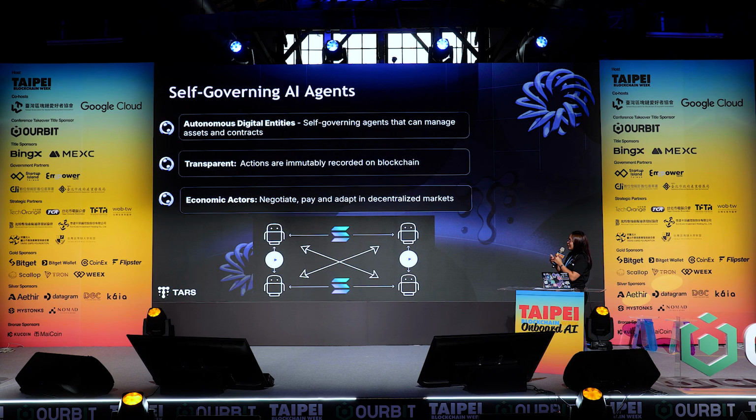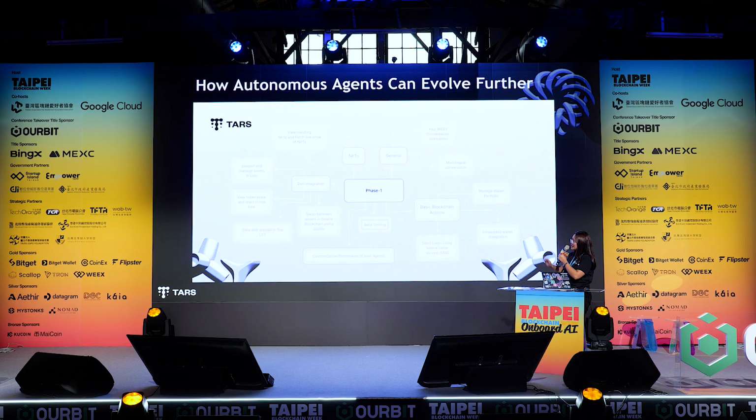And of course, there are transparent actions in the blockchain ecosystem. We've seen that some of the agents nowadays can negotiate, pay, and adapt to different markets in a decentralized application. I've seen a lot of exchanges that are really incorporating it, which is very interesting, to see the progress we have in this area. We can see many things that agents can do. These are just a few, but I believe we can see more use cases around